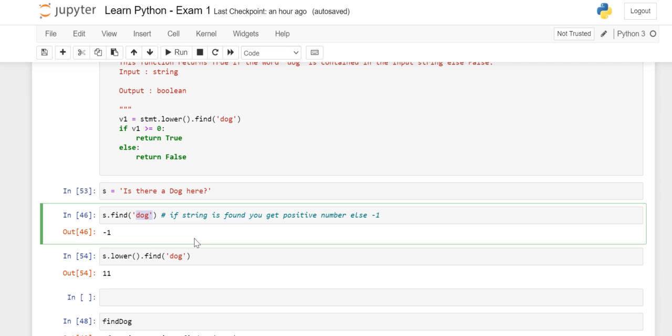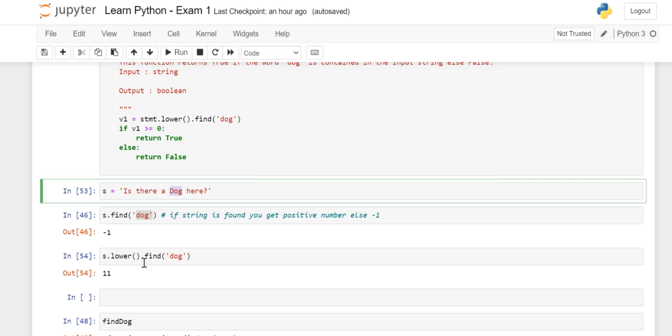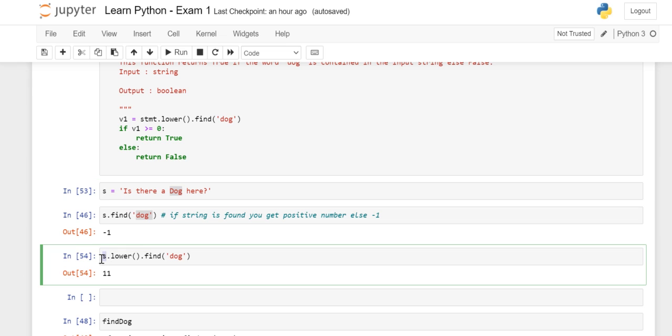But there are chances that the word you're going to find may exist in uppercase or lowercase. So to avoid that confusion, whatever input string you're getting, convert it into lowercase and then apply the find function.